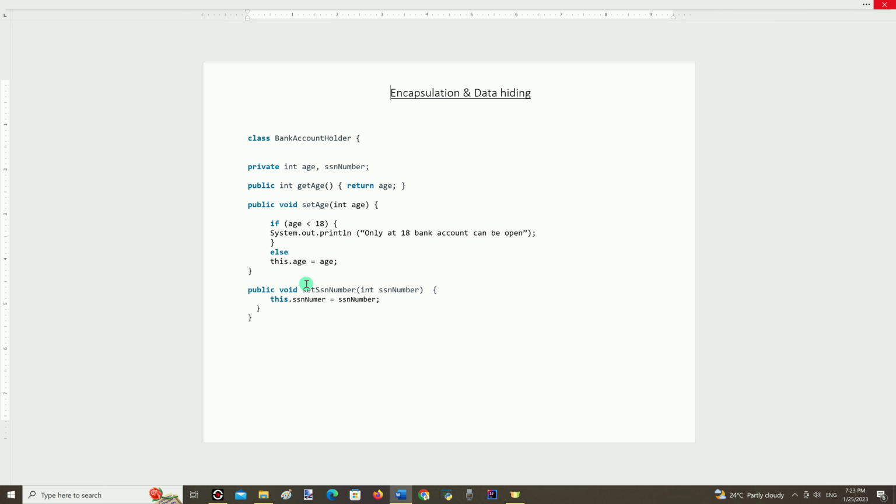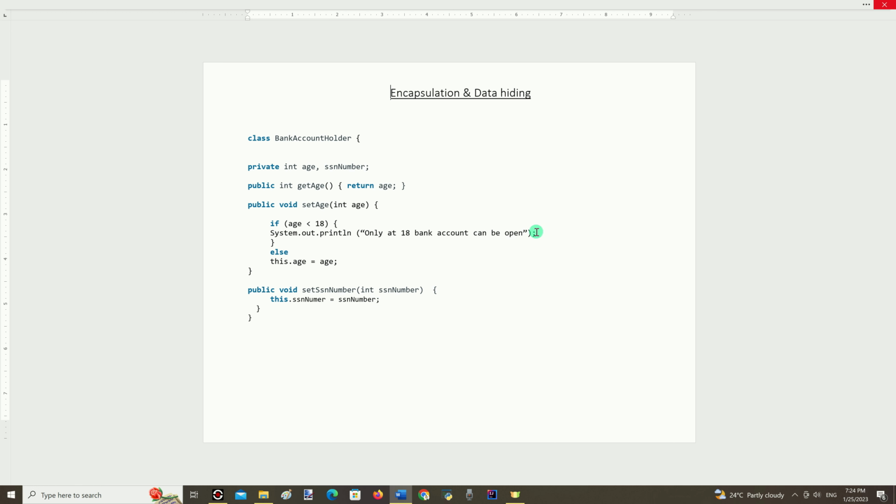Then the word set as the first word in the method name, and the variable name starting with a capital letter as the second part of the method name. Then inside the parentheses, the data type and name of the variable we set. Next, inside the curly braces, the keyword this dot the variable name equals the variable name. Please pay attention to the semicolon at the end of each statement.